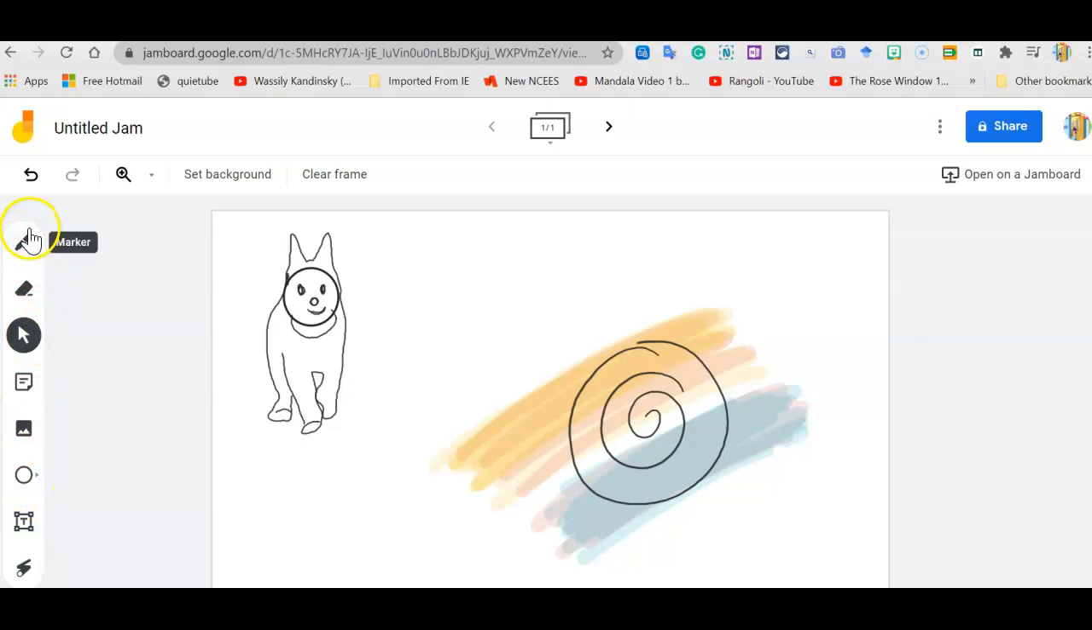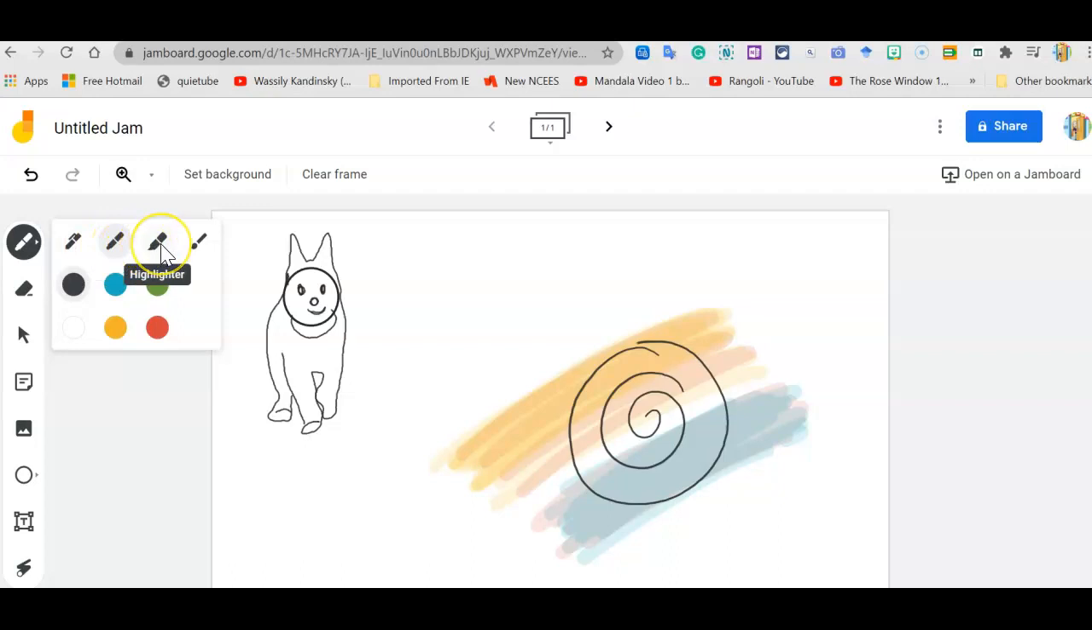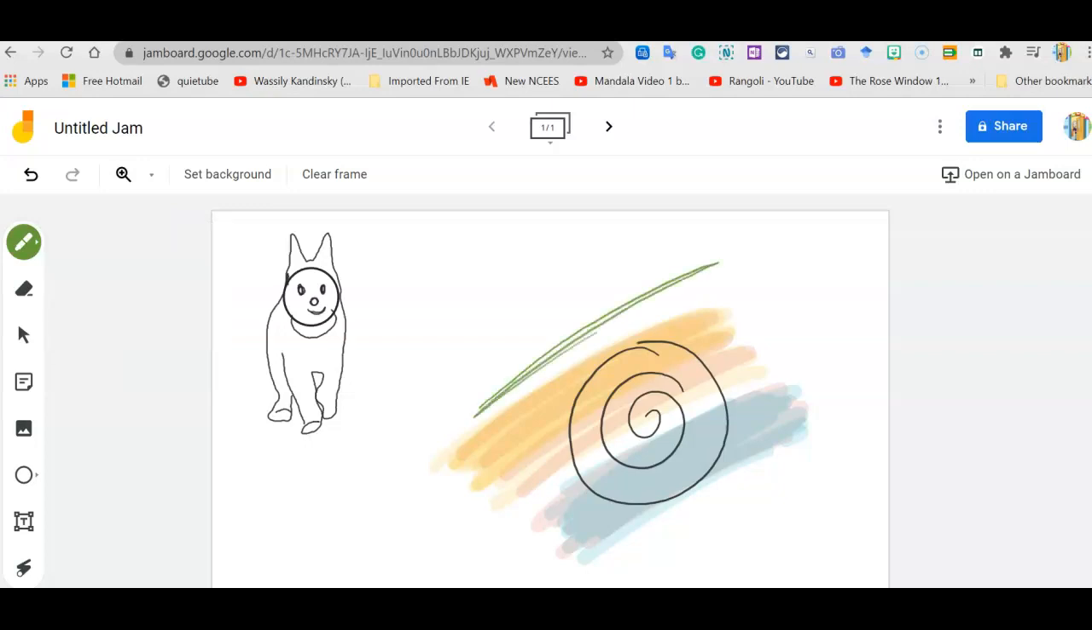But the main thing is I wanted to share with you the art making aspect of it. So over here, the pen is a thinner line, the marker is a thicker line. You have a highlighter. The highlighter will actually change the color a little bit. So when I use highlighter green, it's a little bit